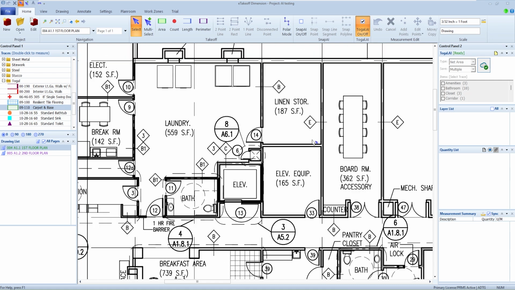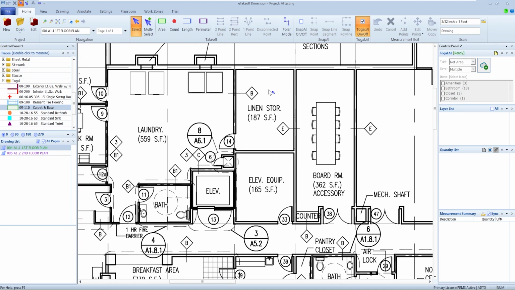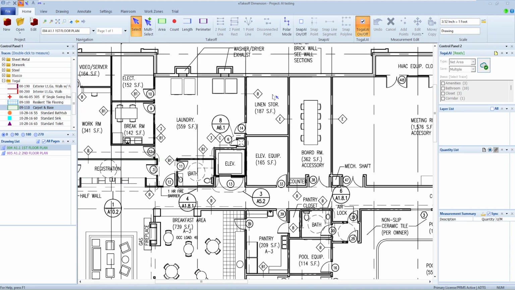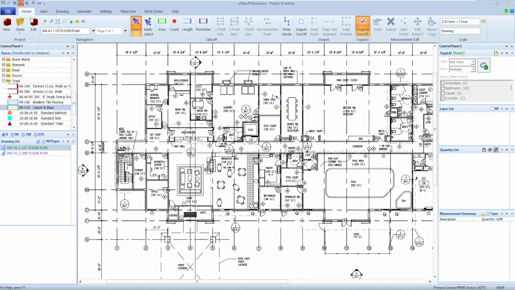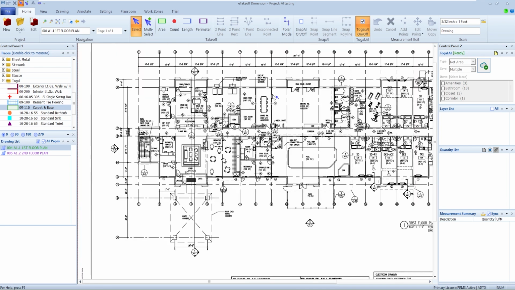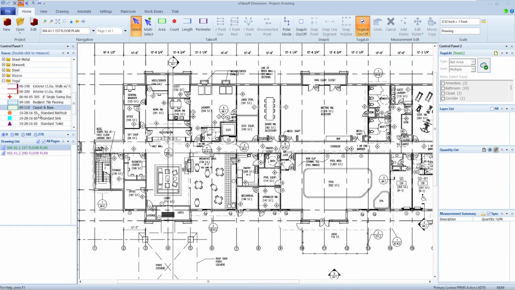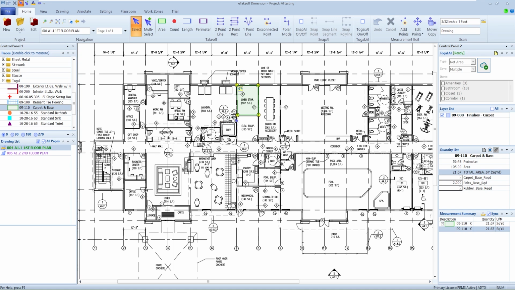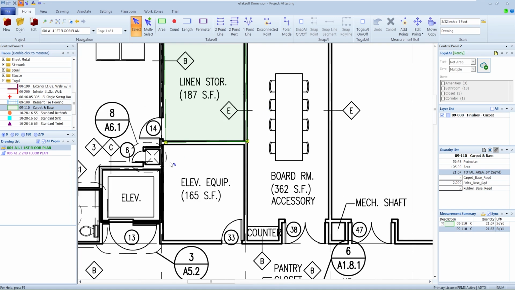So let's think about speed and accuracy. When people do takeoff now, you have a compromise between how fast do I go and how accurate do I want to be? Let's say I just want to focus on one little room here, and I'm doing some carpet and base. I'm going to turn my toggle off at the moment. I can do one of these and just start clicking some points, and there I'm pretty darn fast. But as I look at things, I'll probably also notice that I'm pretty inaccurate in what I've done.